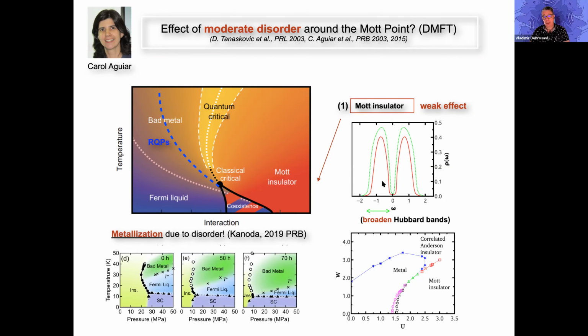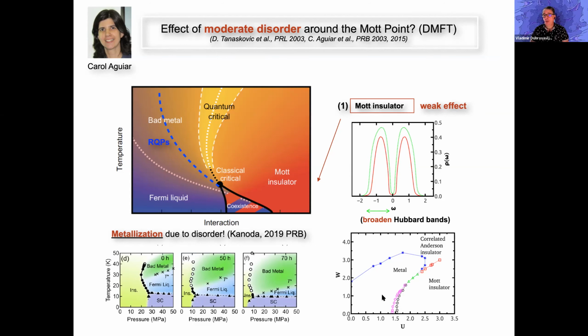And in infinite dimensions, in the CPA DMFT approximation, what you find is that the leading effect of disorder on the Mott insulator is simply to broaden the Hubbard bands. And the net result is that the Mott gap is reduced. So that means that if you want to open the gap, you have to go to slightly larger interaction U, which is the splitting between these bands. And as a result, the critical U, when we vary disorder W, increases. So the Mott insulator shrinks when you increase the disorder, and the metal becomes larger.